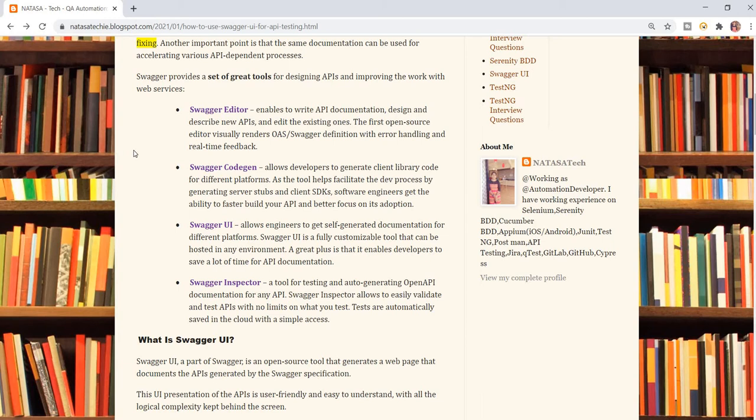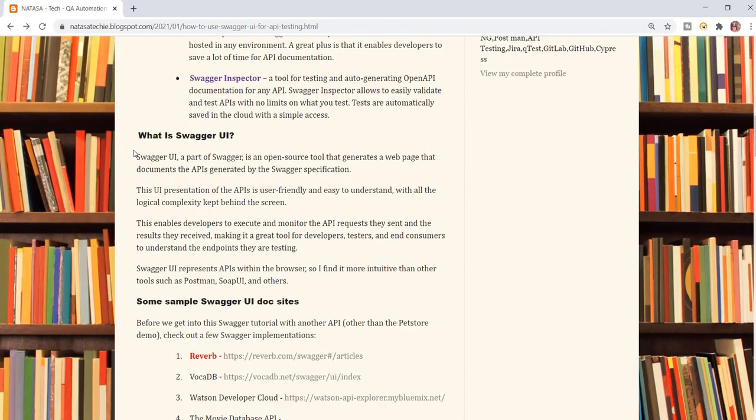In the same way, Swagger Inspector will inspect, for example, the GET, PUT and POST methods, how much data is available, what data we are going to create, what data we are going to update, and what data is available in existing nodes. Everything is inspected, and accordingly we do some activities with GET, PUT and POST.